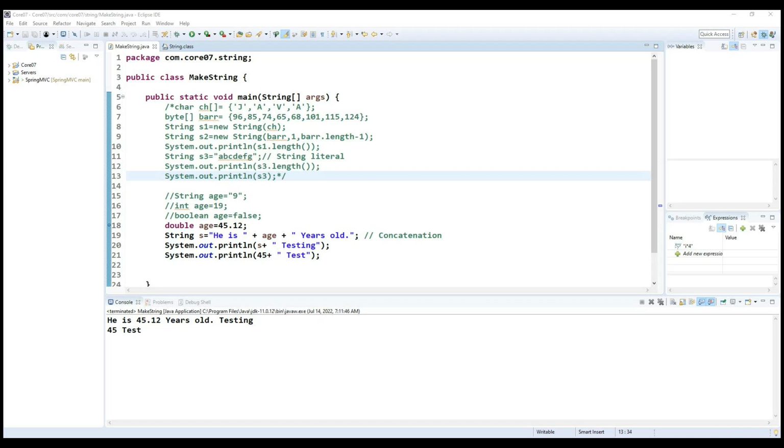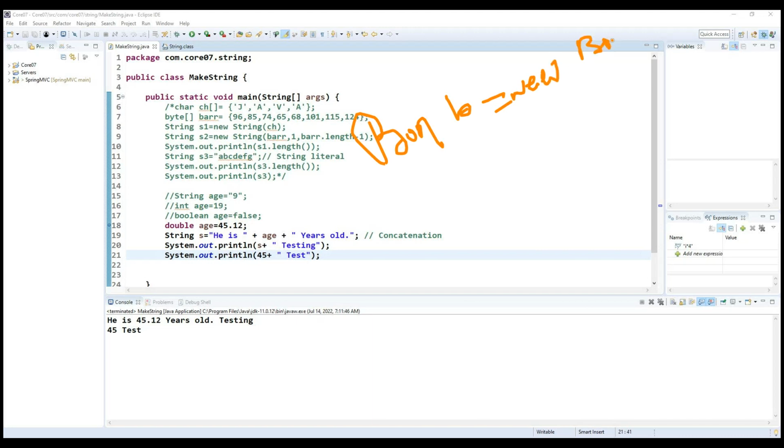Now you can see, based on this particular string, you can concatenate with our object references also. Whenever we are creating object information, those objects also we can concatenate here. Let me provide that simple example. Here I'm trying to create one object: Box b = new Box. Now what you understand here,